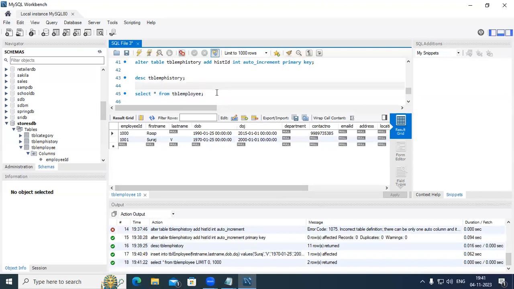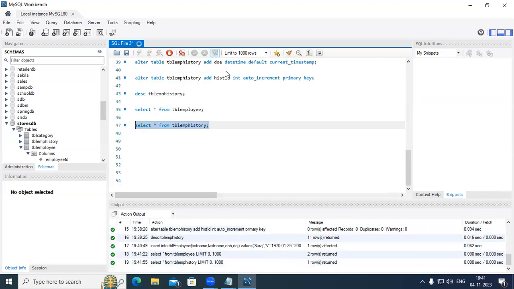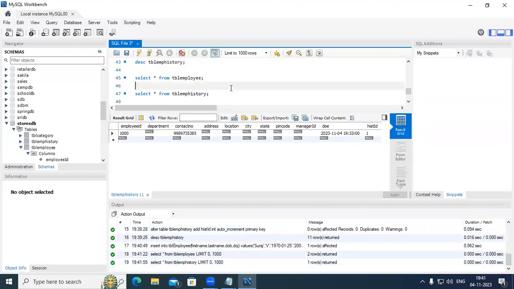This is fine. But if you go with the employee history, it will not be added. So here see, select, then star from which table I take here. It is TBL EMP history. So no rows are going to be added in such cases now. There are not going to be any rows you are going to have in this. Fine. As I told you,